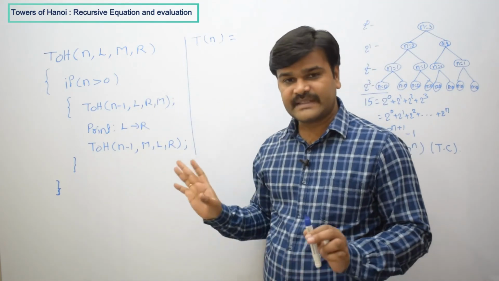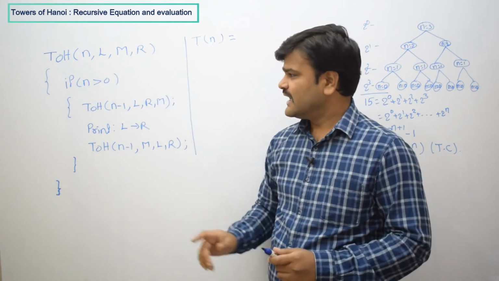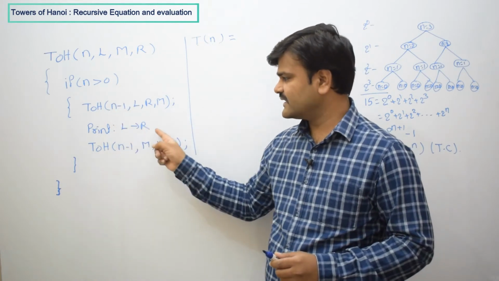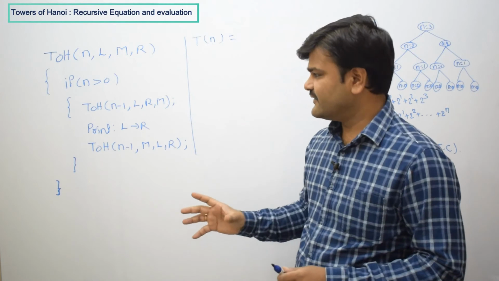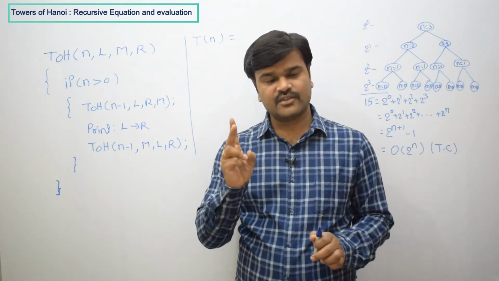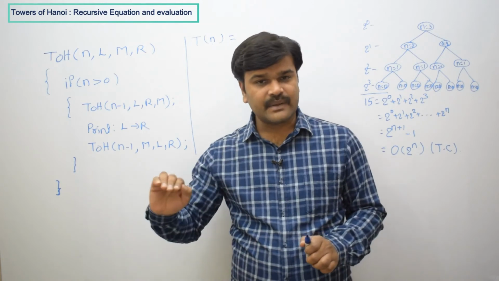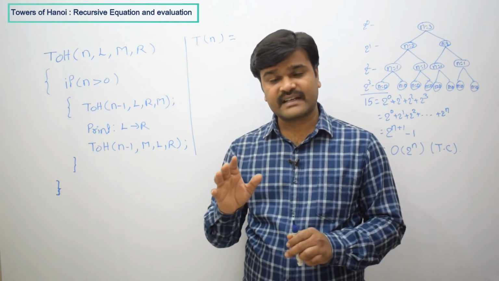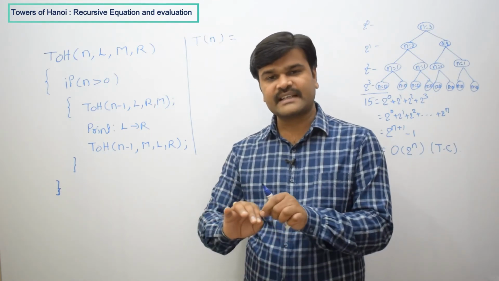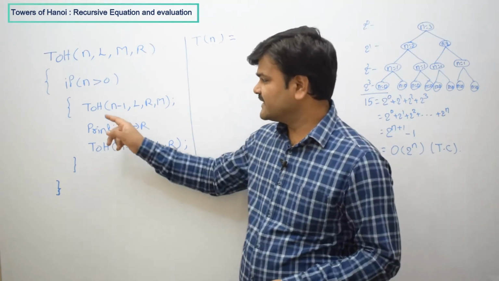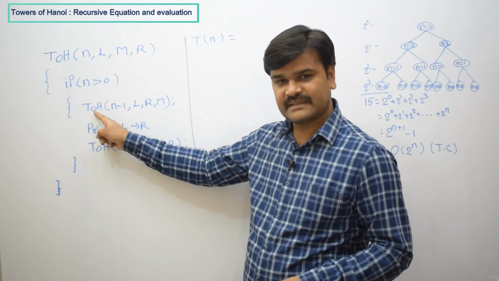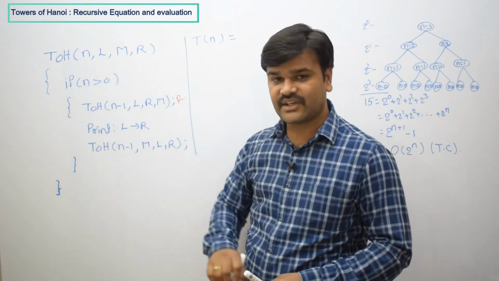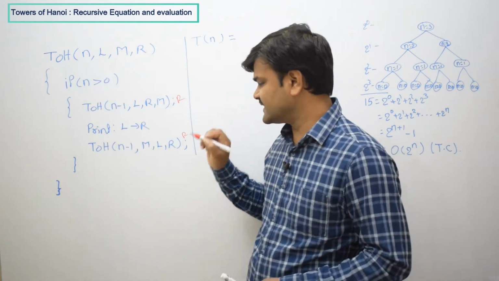There are a total of 4 statements inside this function. Here is one condition part you have to execute, this is a function call, this is a function call, and this is a print statement. If you observe this entire code, you can divide it into 2 parts: recursive part and non-recursive part. The statements which cause recursive calls we take under the recursive part. You see this function calling itself here, so this is a recursive statement, and here also the same function is being called, so this statement is also recursive.